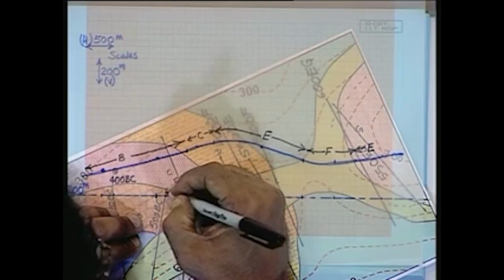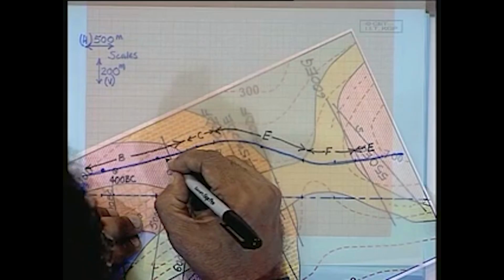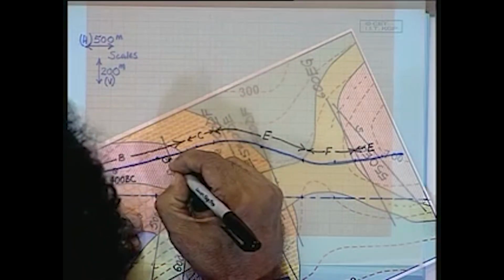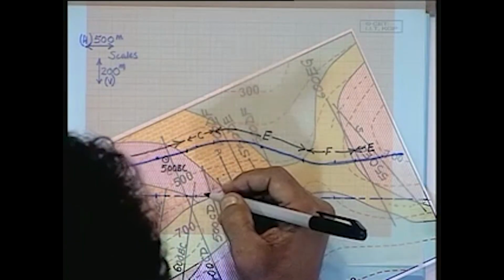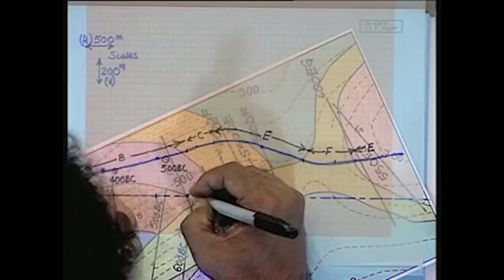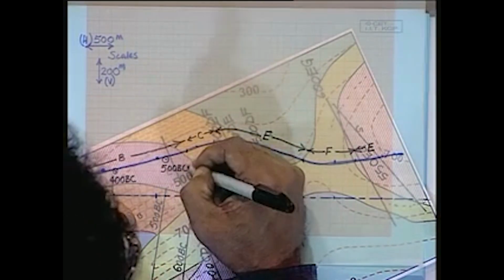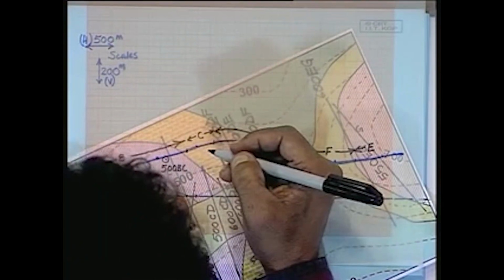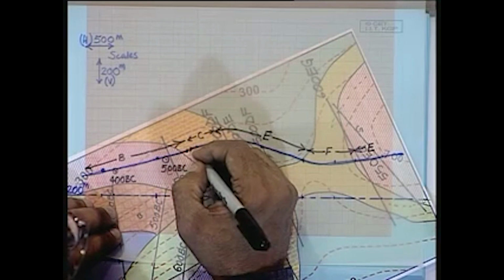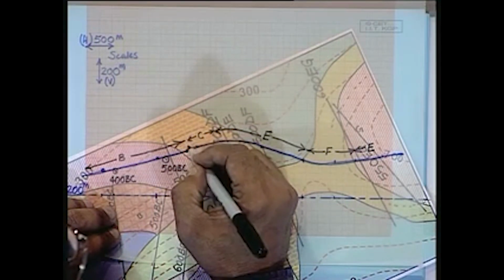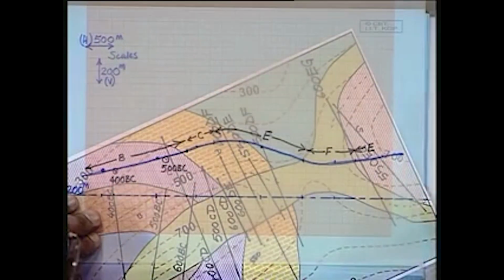We have got another point here which is at 500 meter elevation. So we move up to here approximately, and that is going to give us 500 BC. And in fact we have got one more, at 600 meter elevation, and that is almost near the... no, that is between C and D. Sorry, we are going to just connect the interface, the line separating the outcrops of B and C between these two projections of the strike lines,